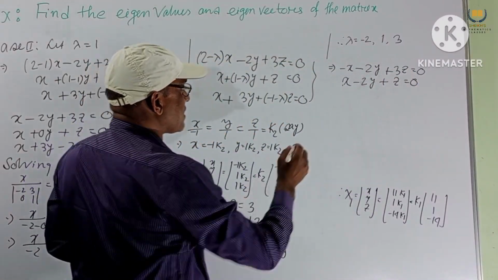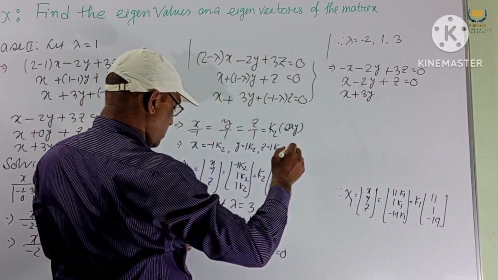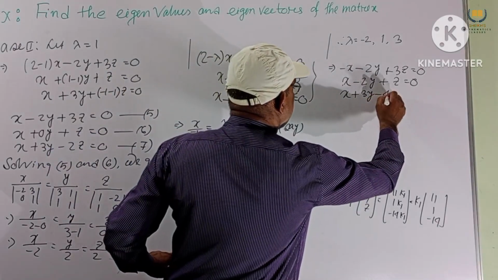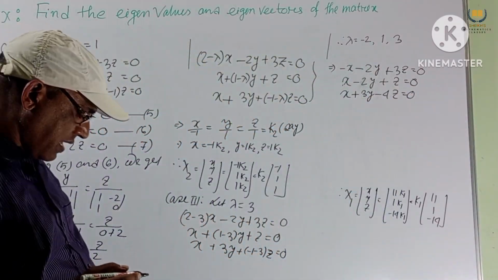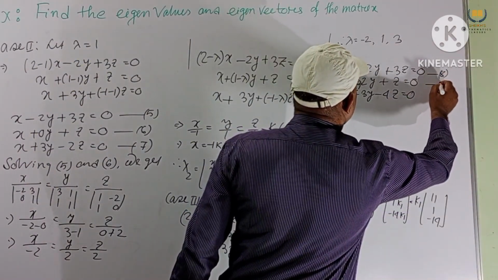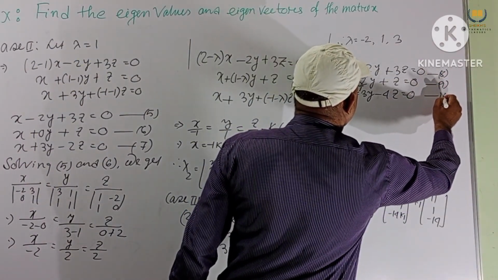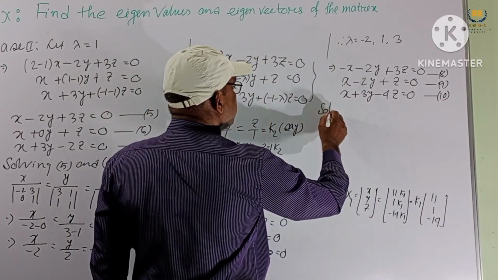And x plus 3y minus 4z equal to 0. So this is number 8, 9, 10. Now solving